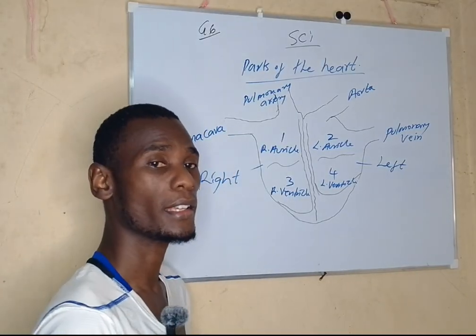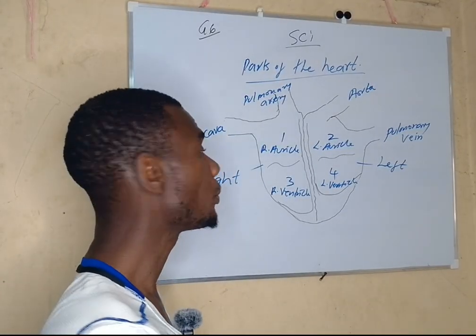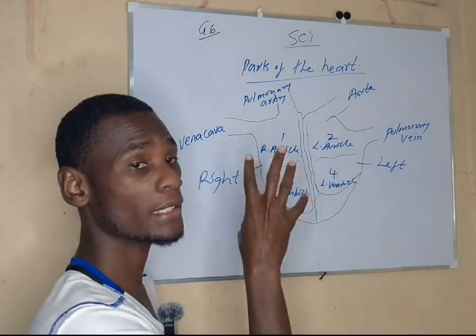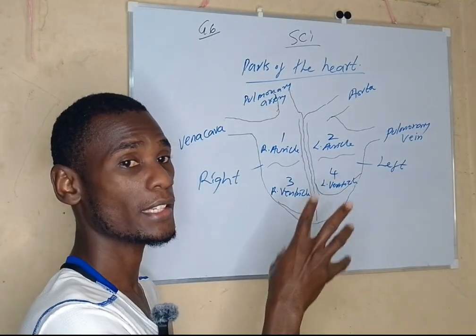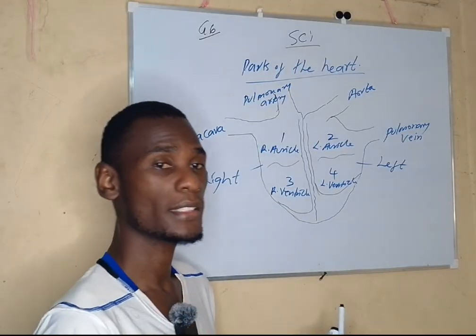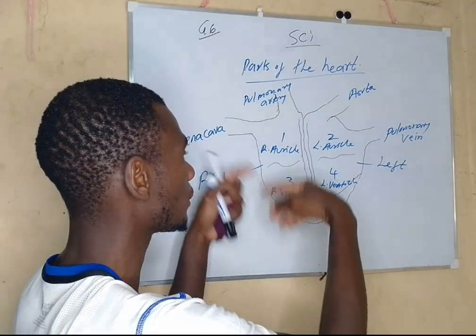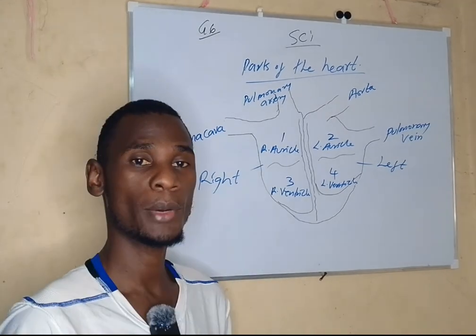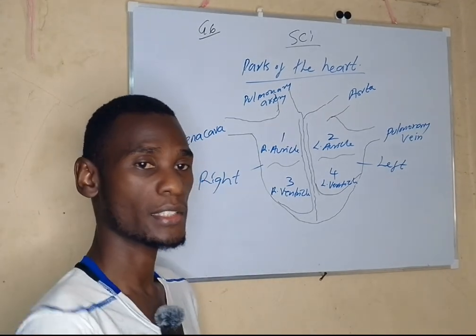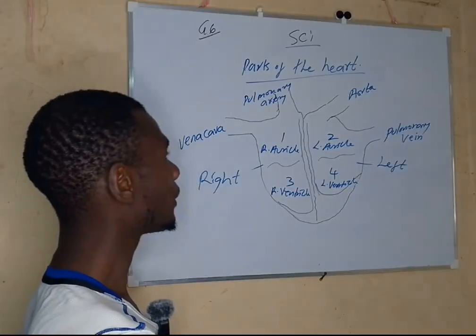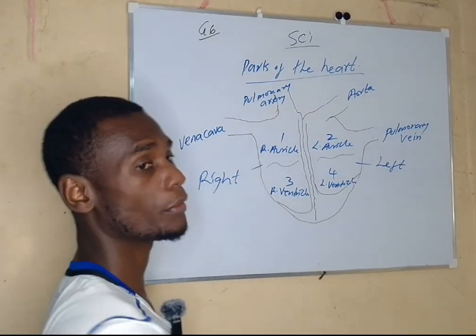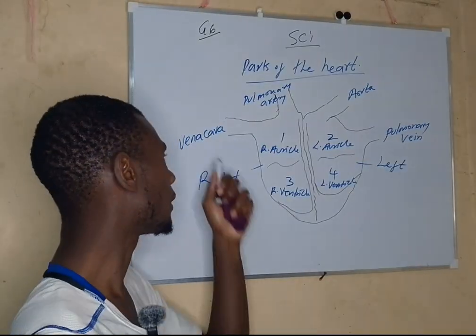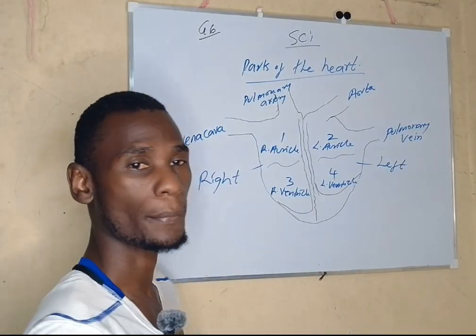What is remaining is their functions, which we are not going to write anything. We are going to use this diagram the way it is. I said I have simplified this thing. Just this diagram alone is enough for you to understand the whole process of the human circulatory system. Now, they talk about the functions of these parts. So we are going to start with the first part here, which we wrote, the vena cava.